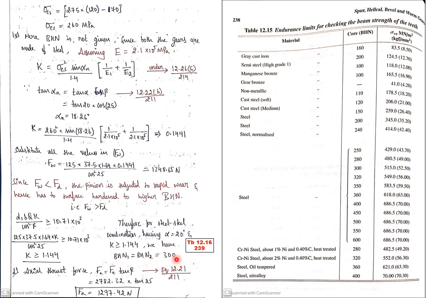Then your material remains the same. Okay. Next it is asking to find the axial thrust. This is the formula you will get from page number 211. Okay. So if you substitute Ft and tan beta, you will get the total amount of axial thrust which will be acting on the gear.